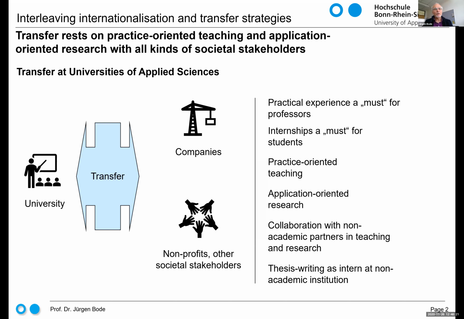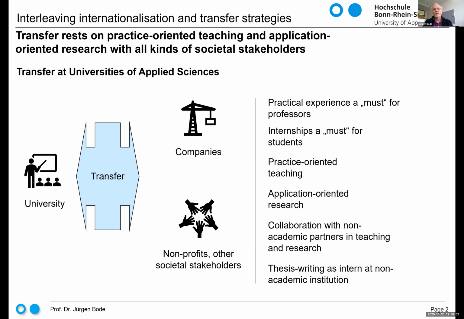And how is this transfer orientation, this application orientation, ensured and accomplished at our type of universities? Well, number one, the professors must have practical experience. I always repeat that even if a Nobel laureate applies for a professorship at our university, which never happened in the past, we are not allowed to hire these people unless they have